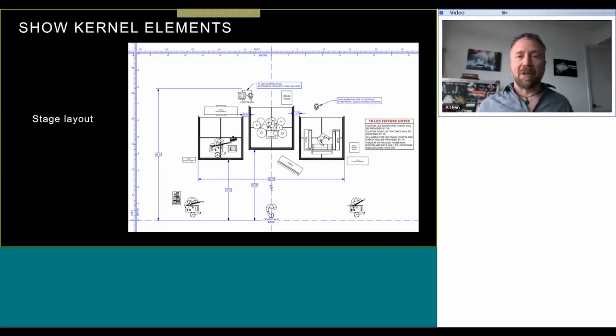Things like the stage plot. That's the most obvious thing. Who's on the stage? Where do they go? Do they need a riser? Can they do without a riser? Does the piano have to move? You need to answer all these questions to know exactly what information you're going to send to another venue and what information you're going to draw from to make your show work in that venue.